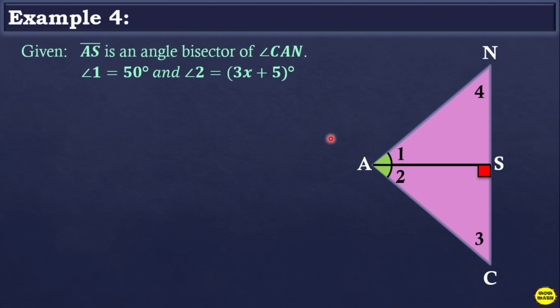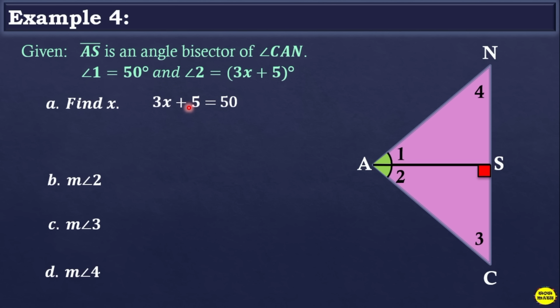So, these are our angles. Your angle 1 measures 50 degrees, and your angle 2 measures 3x plus 5 degrees. First, find the value of x. How do we get the value of x? Let us use the concept of angle bisector. Since angle 1 and angle 2 are two congruent angles, because segment AS bisected the angle, then if they are congruent angles, their measures are equal. So, 3x plus 5